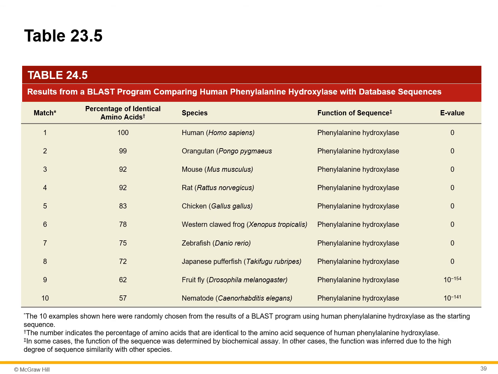And so obviously, since it's starting with the human, it's 100% identical to another human, but it's 99% identical to orangutan, 92% identical to rat, 75% to zebrafish, 62% to fruit fly. So that's the kind of data you can get with the BLAST program of comparing DNA sequences from different organisms and how closely